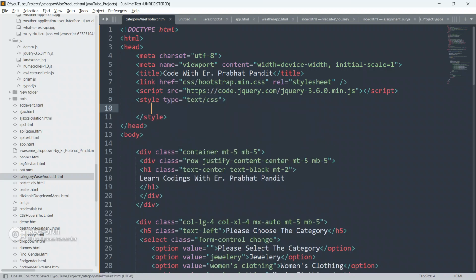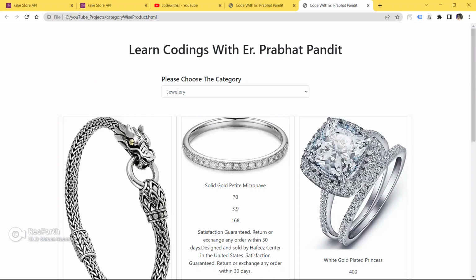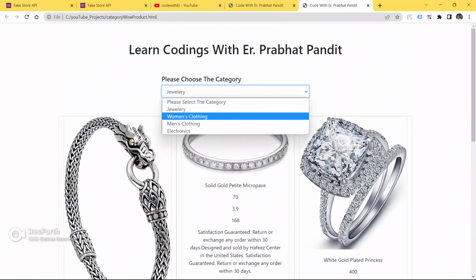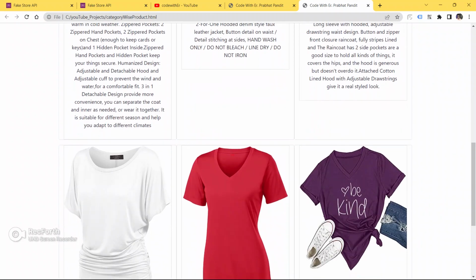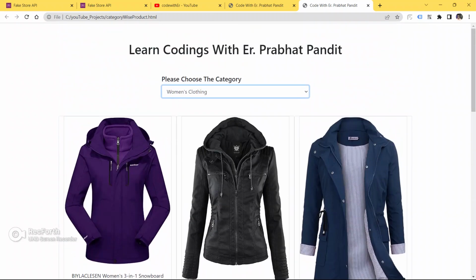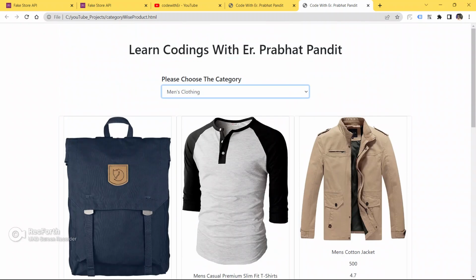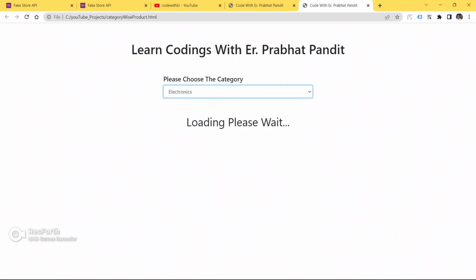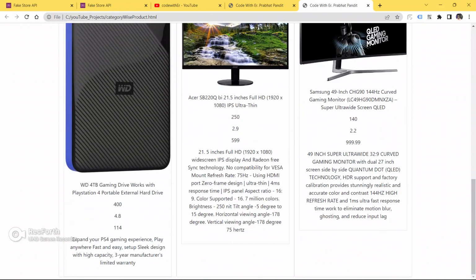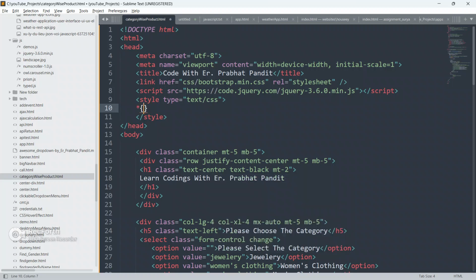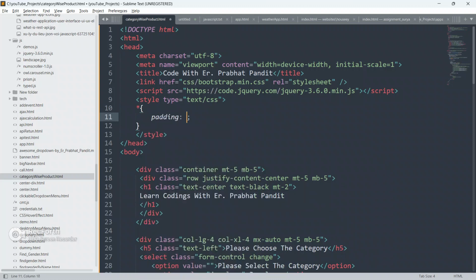This is known as an internal style sheet. Now I am going to give a style sheet so that it will look a little bit better. It is not looking good as of now, guys. We are able to fetch the categories, but it is not looking that good. We are professional developers, and it should look professional. So we are going to make it more professional now. Go to the coding, and in the style sheet create some styles.